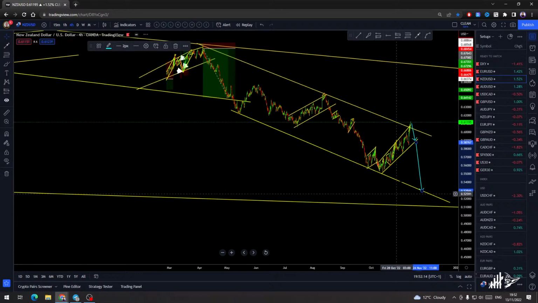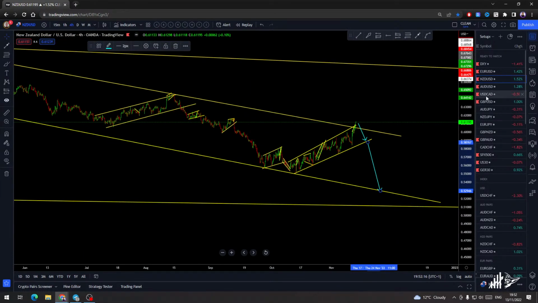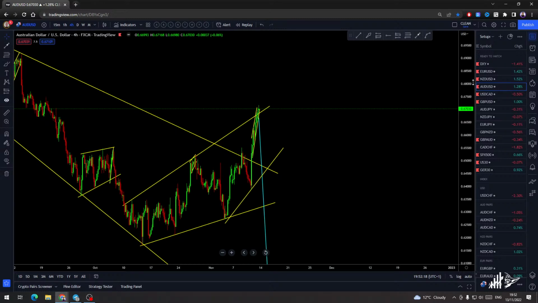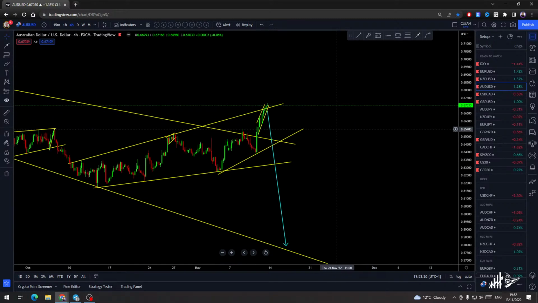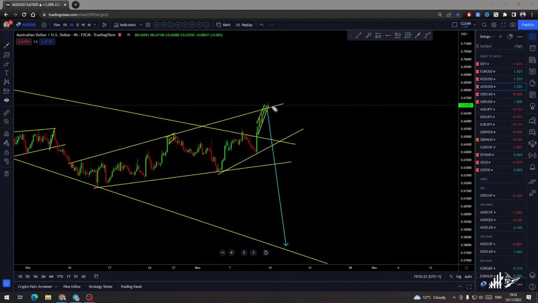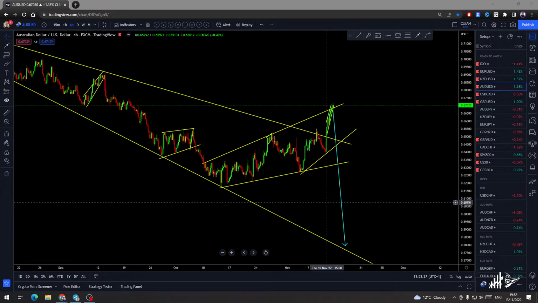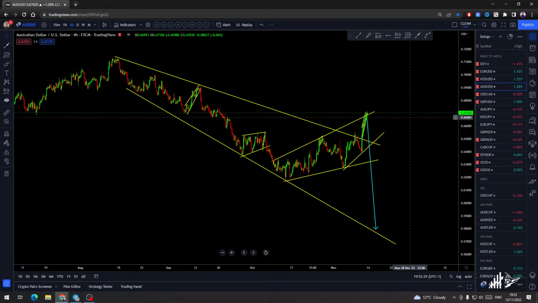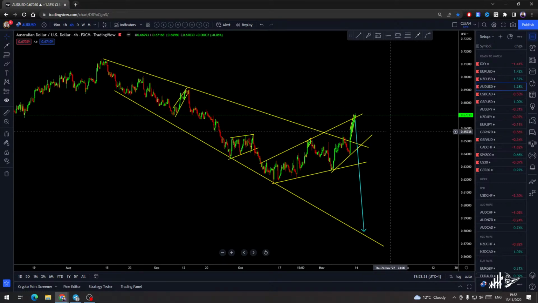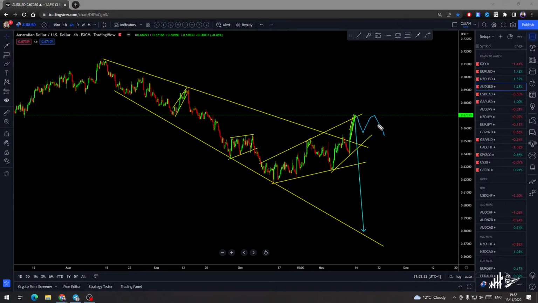This is still the structure for sell. We are still in the sell structure, so that's why I will be selling. Oz USD, same there. I will see what this is trying to do. We'll wait for the solid price action, and I will take a sell all the way down to this line. They are showing very nice moves. But if it corrects over there, then I will change my mind. I will start buying it.